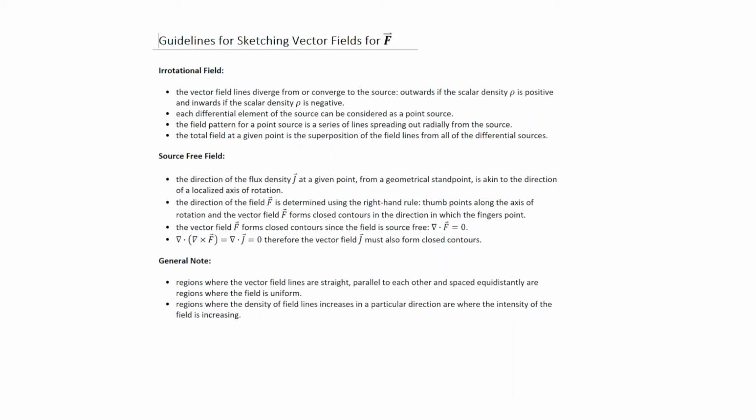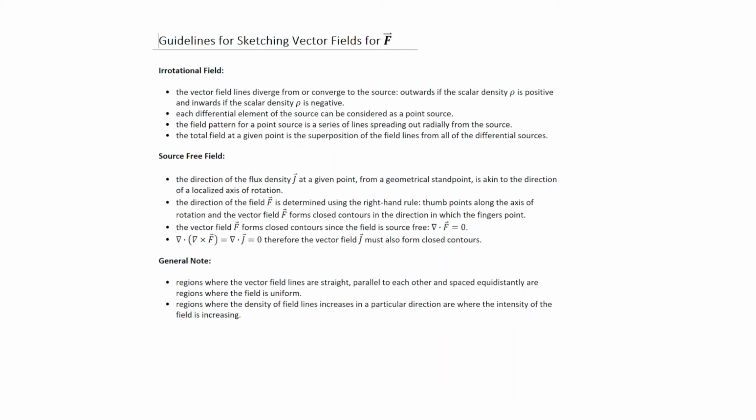So for instance, if you had a volume with a certain charge density in coulombs per cubic meter, then you could say that volume charge density is a sum of an infinite number of point sources. And so we can use the notion of a point source to establish what the field pattern would look like, and then by doing a summation, which is a form of integration, we're able to achieve the total field for the full volume